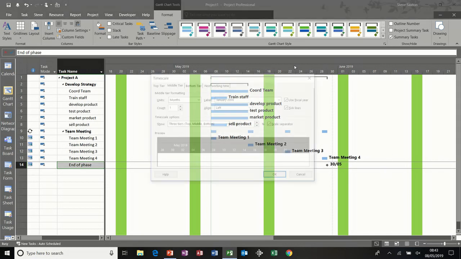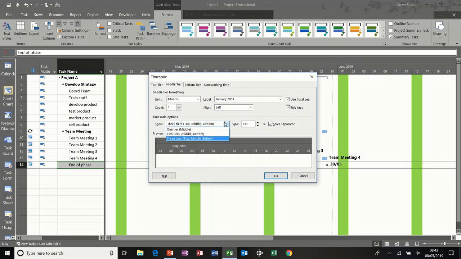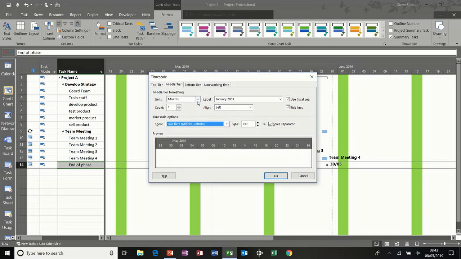Putting it back to default is 2 tiers. The default setting is 2 tiers, and the two tiers you work with are the bottom tier and the middle tier. So the bottom tier needs to be on days, the middle tier needs to be on weeks, days and weeks. Click OK to that,